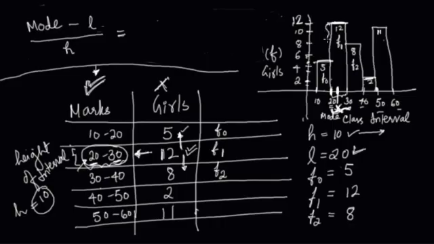So when you take the difference, that difference will be F1 minus F0 because 12 is more than 5. So you'll always subtract the lower number from the higher number. And you look on this side, and this difference will be F1 minus F2, right? We are clear about it, right? Now what statisticians have said is, since we said this with its lower limit, we are saying this with its frequency before that, which is F1 minus F0,